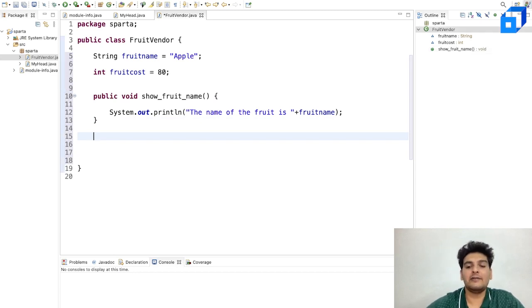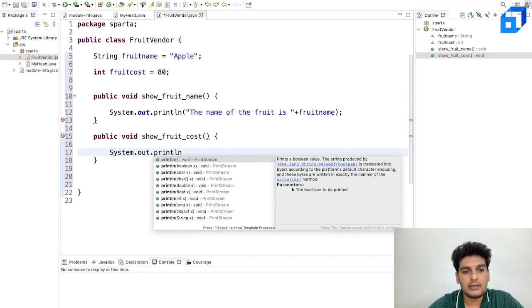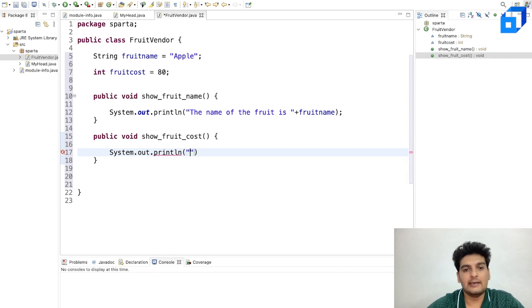Similarly, I'll create another method over here. I'll have public void showFruitCost. And here again, I will have System.out.println, and here I'll have, the cost of the fruit is, and here again I'll just print out fruitCost.